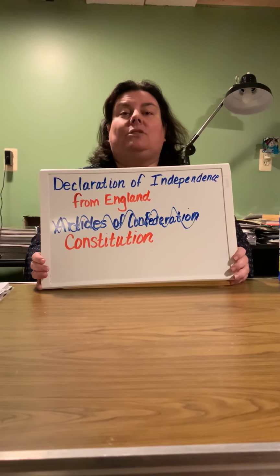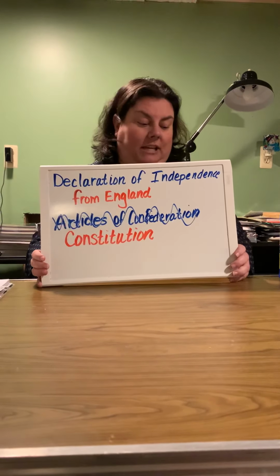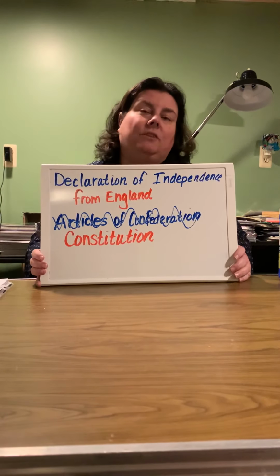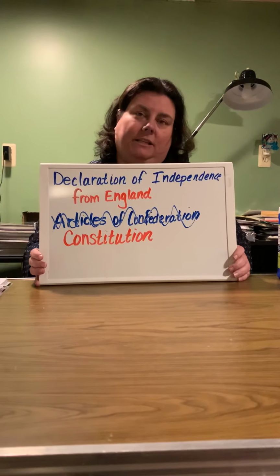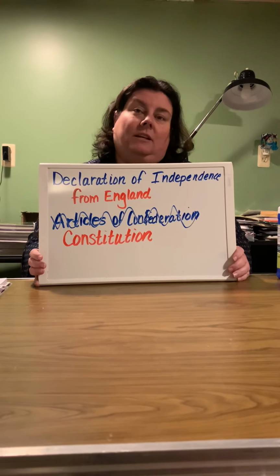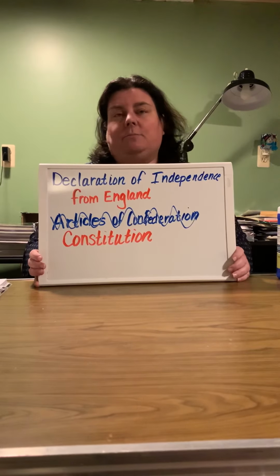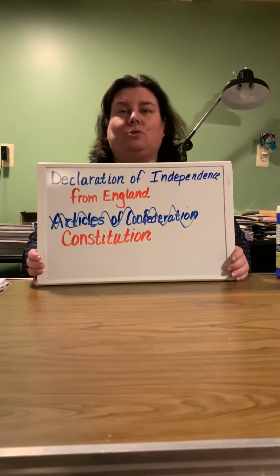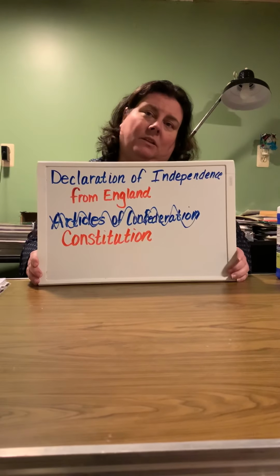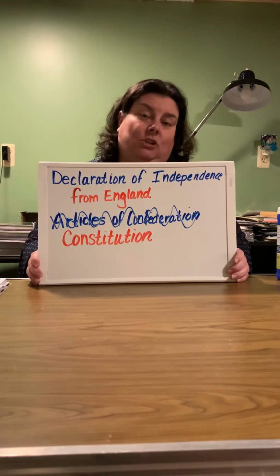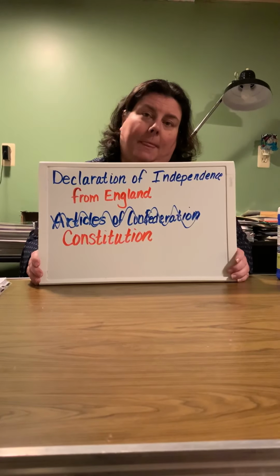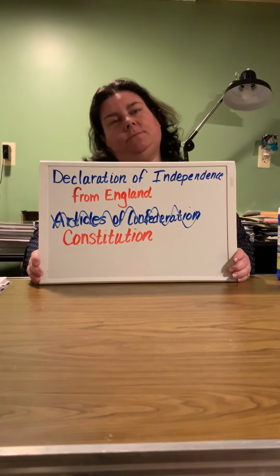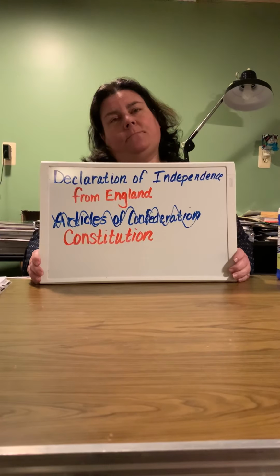Who you invite into your house was one of the first things that they put in the Bill of Rights. The Bill of Rights makes up the first 10 amendments of our Constitution. It gives us our freedom of speech, a right to bear arms, who we allow in our house, saying we don't have to let soldiers in our house if we don't want to. It allows us a fair and speedy trial by our peers. It allows people not to be able to search our property without our consent, and a few others.